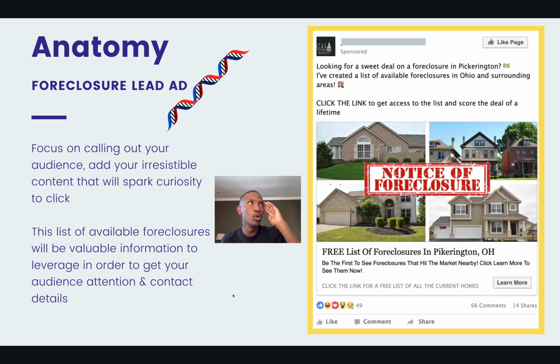Okay, you don't have to go super obnoxious or super over the top and hyperbolize your headline. Just ensure that you personalize your headline, okay, that's going to get them to take notice. So as you can see here, looking for a sweet deal on a foreclosure in Pickerington. For this specific ad, the client was based in Ohio, and this is a specific ad that we